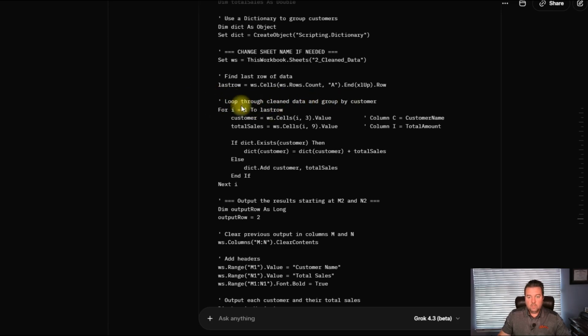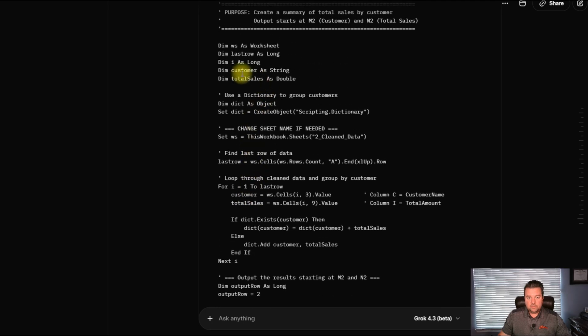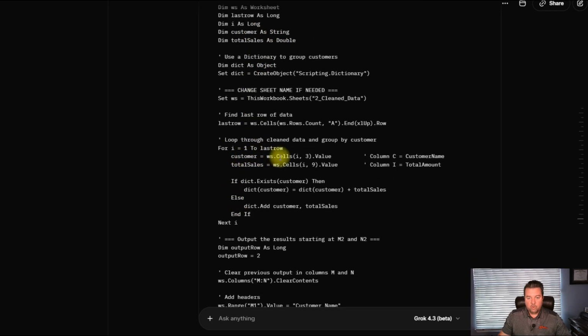Here's the variable customer, which is a string. It's going to pull, see this I in here. And again, 3 means C. So when you're doing code, notice there are 2 different ways you can specify columns. You can say it in quotes, A, that's column A, or you can just use a number where 1 corresponds to A, 2 corresponds to B, 3 corresponds to C. That's a little bit easier, but it can be confusing.